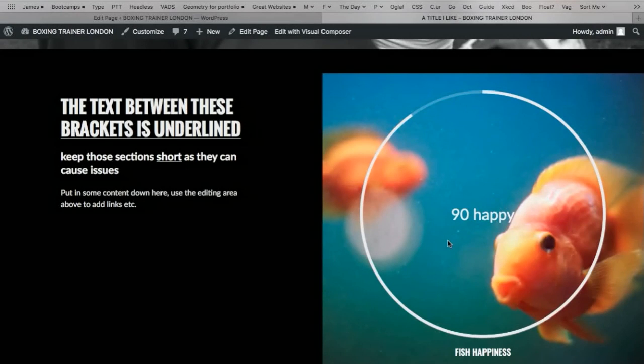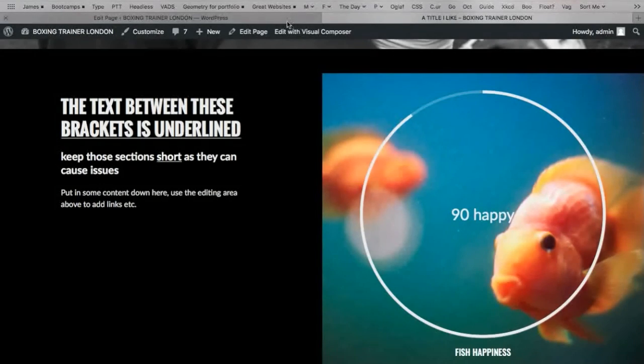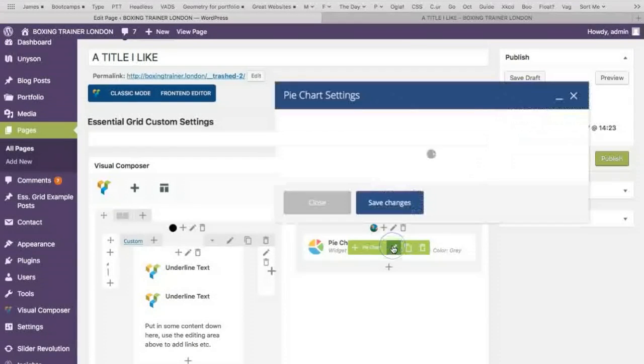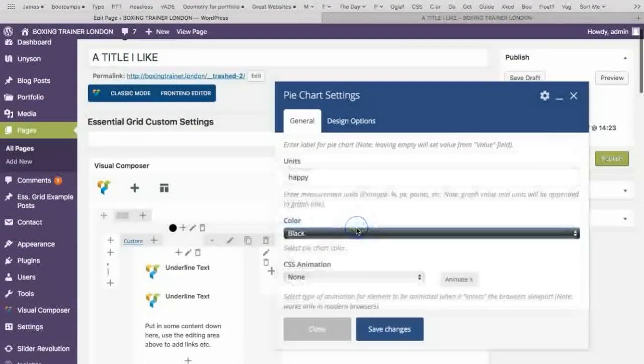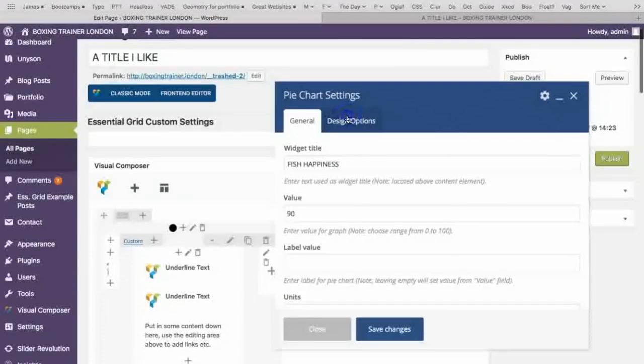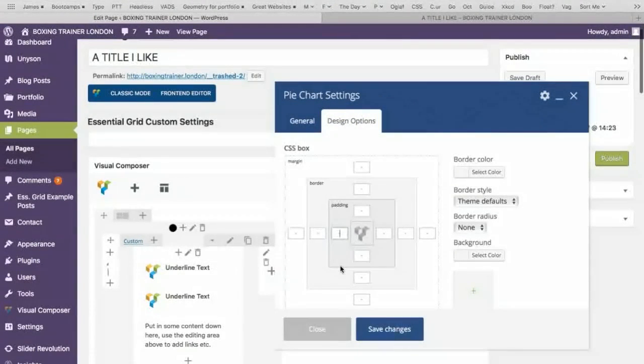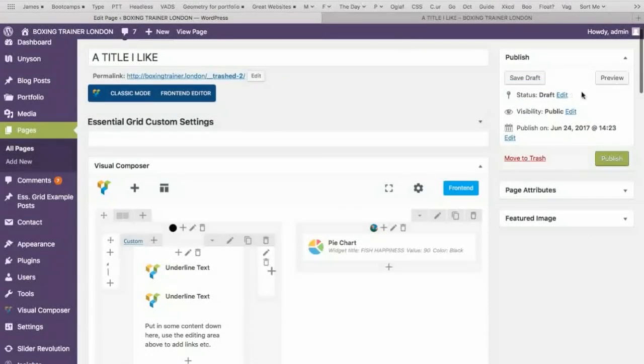Now I think that's going to look a bit better in black and I want it to be a bit smaller. So if I go here and I say edit, I'm going to change the color to black. And again, I want to make it smaller, so I think I'll add some padding just to the side of it to pad it out, to give it some white space. I'm going to start with 100 pixels, just typed in on either side. If that was not enough, I can go back in and increase it. If it was too much, I can go in and bring it down. So save changes, preview that,